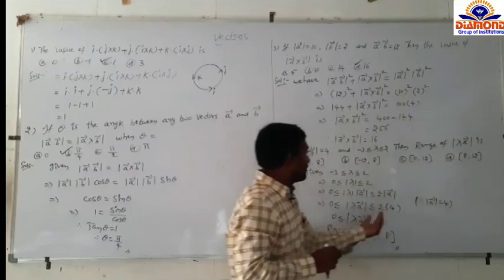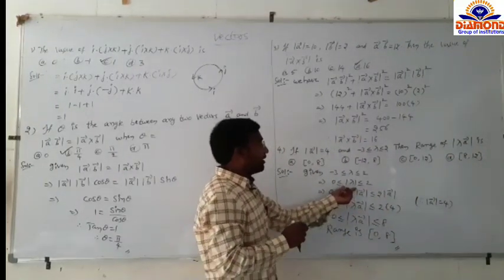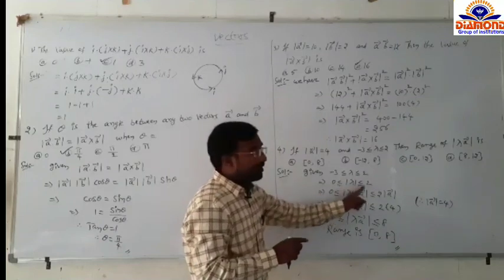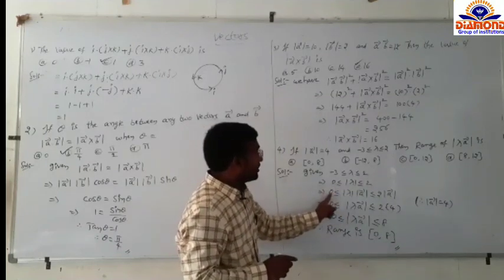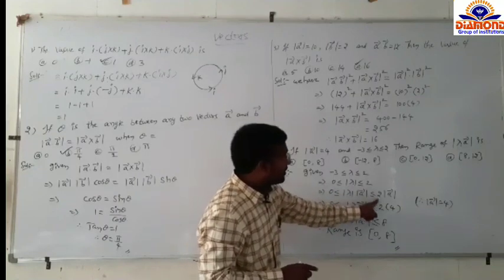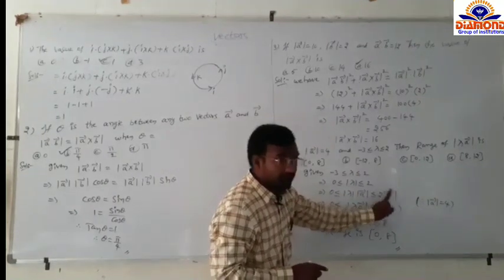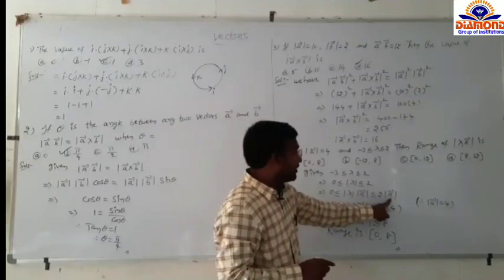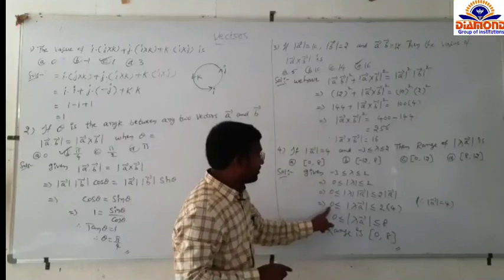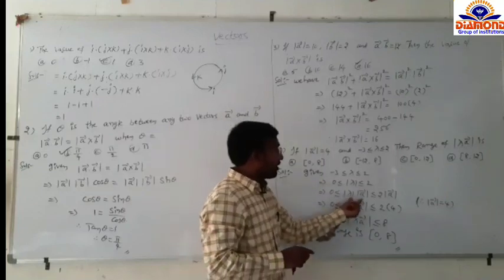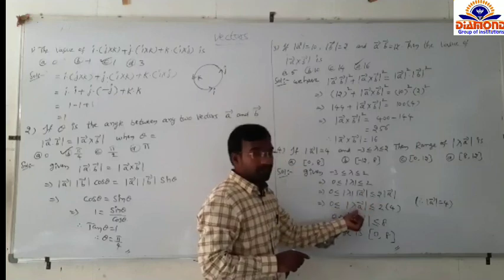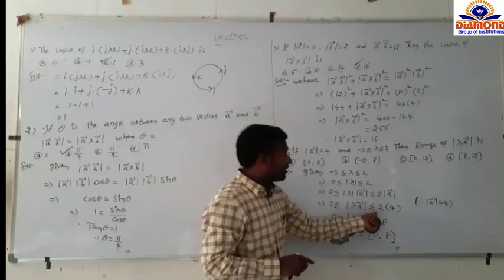So that's why this inequality is multiplied by mod a bar on both sides. So 0 into mod a bar is 0. Mod lambda into mod a bar is less than or equal to 2 into mod a bar. Already the mod a value, 4, is given in the data. This formula we already have: mod lambda into mod a is nothing but modulus of lambda a bar, less than or equal to 2